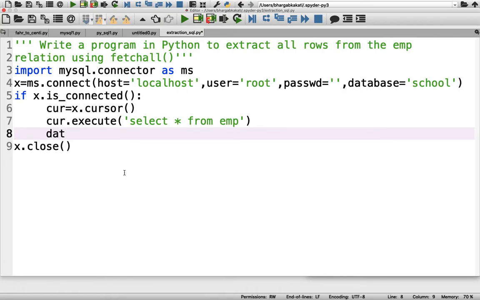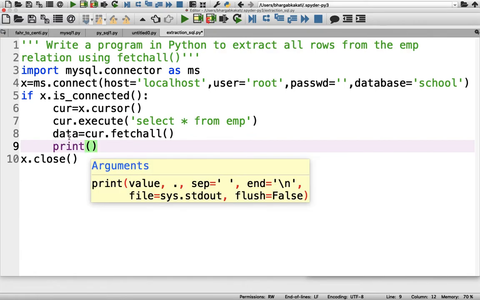So now what we have to do: data = cur.fetchall(). Now the entire data has been carried from MySQL and stored in the variable data. For viewing it, we will just print the variable data.